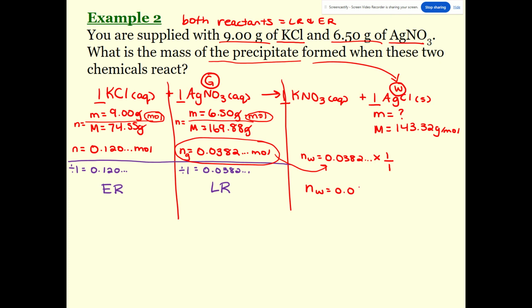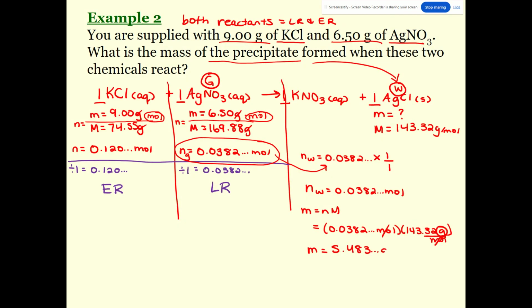So 0.0382 so on moles. Now we can find our mass with moles times molar mass. So our moles, 0.0382, and our molar mass of our precipitate was 143.32 grams over mole. So our moles cancel and we are left with grams. So times 143.32 gives us an unrounded answer first of